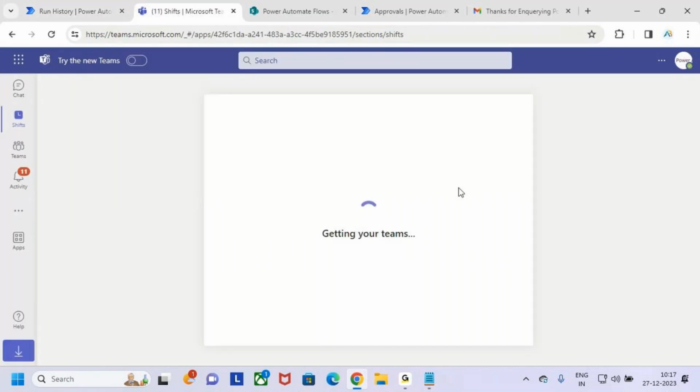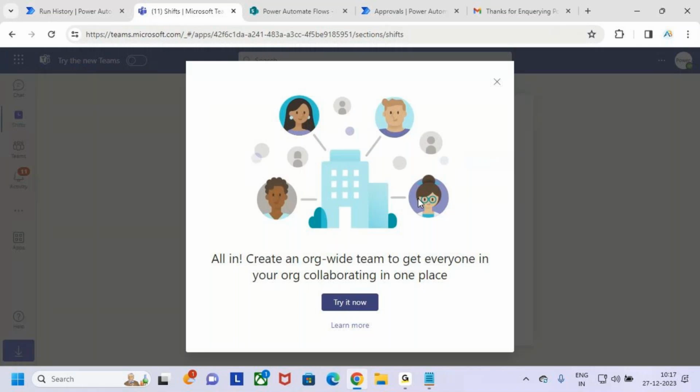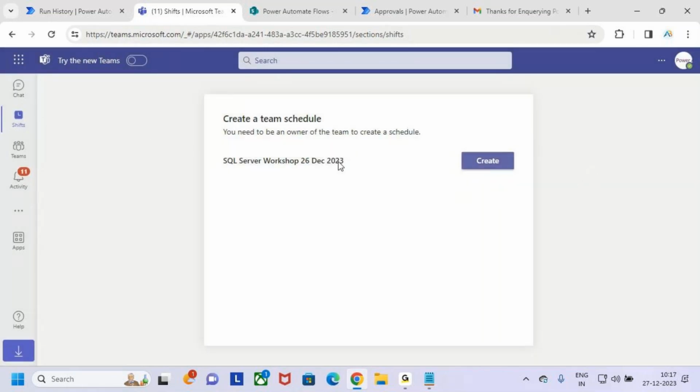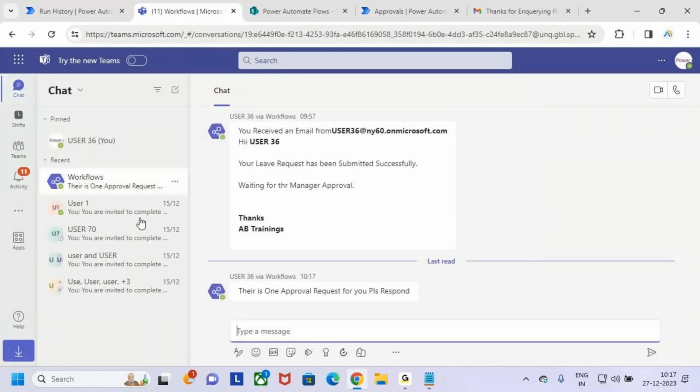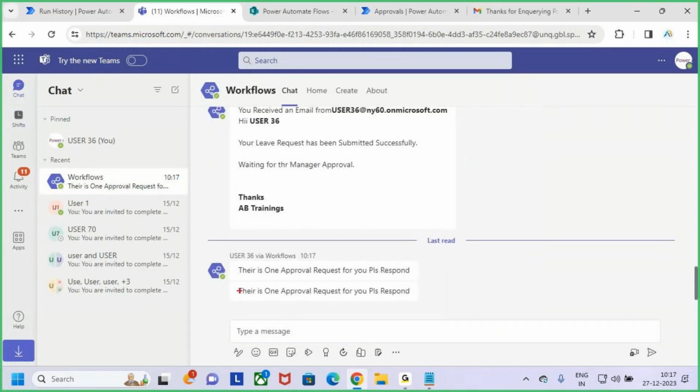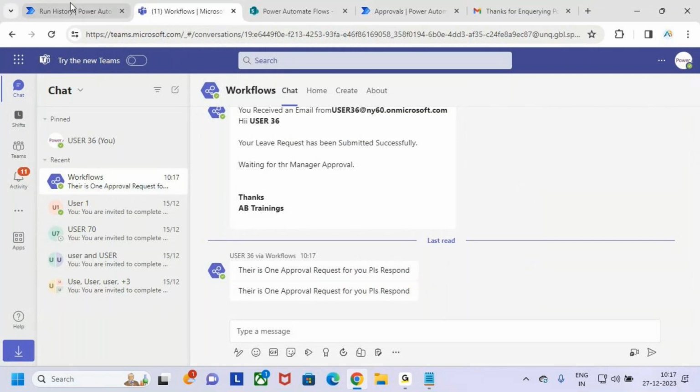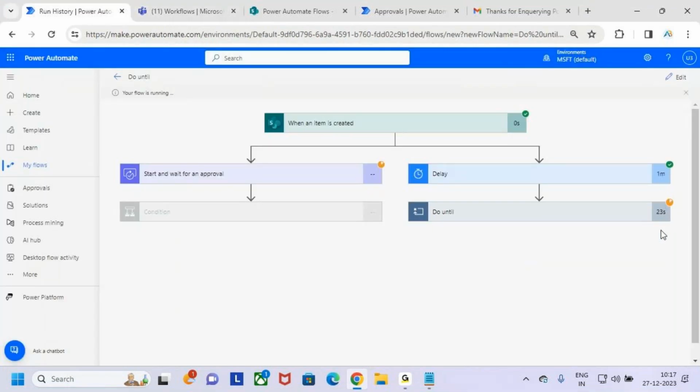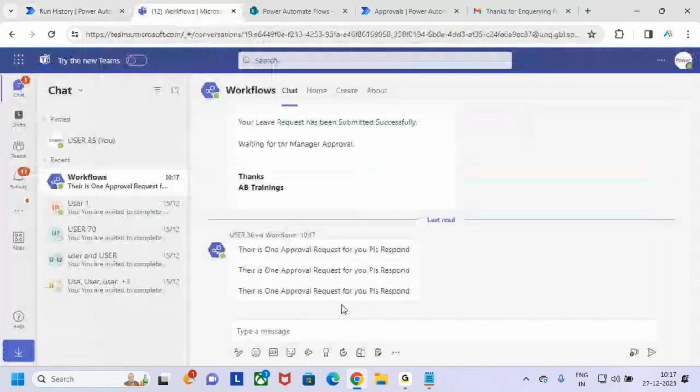Now I'm receiving one message. What's that message? There is one approval request. Please go and respond. Every 10 seconds, guys. If you see, every 10 seconds, I will get the message in the Teams. So you can change the time duration. If you go and see here, again, I'm getting it. So every 10 seconds, the manager will get that message in the Teams,